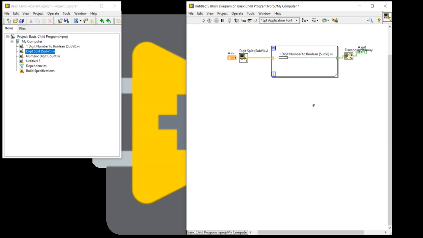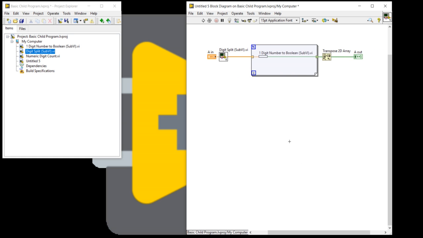Going to open the label here. Now you can see the code is complete. Come into the front panel and check your input and output.